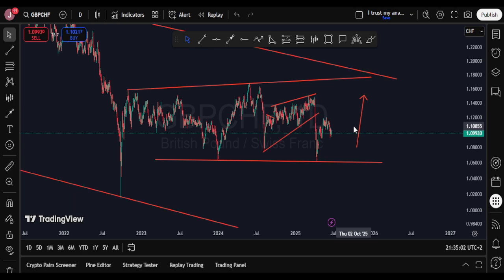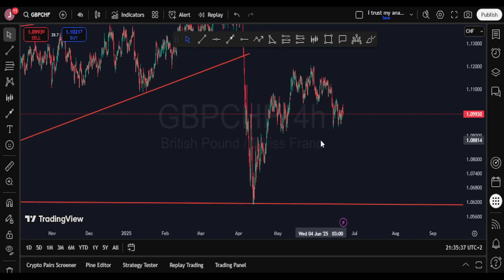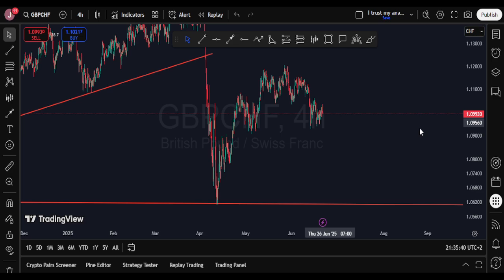Oh, this was a nice sell, guys. If you managed to spot this and you got this sell, it was a very nice sell. But anyway, as you can see, GBP, now that we've adjusted our patterns, we can clearly see or have an idea of where the market might possibly go. And as you can see, it's already been